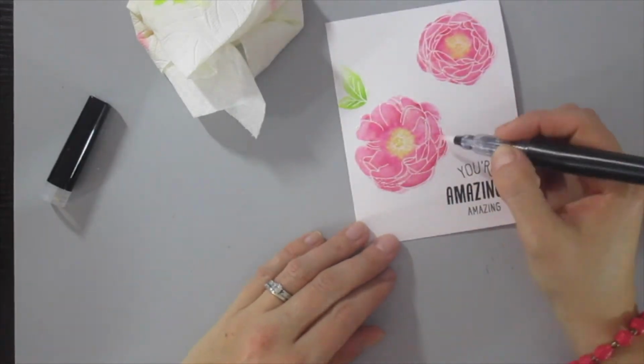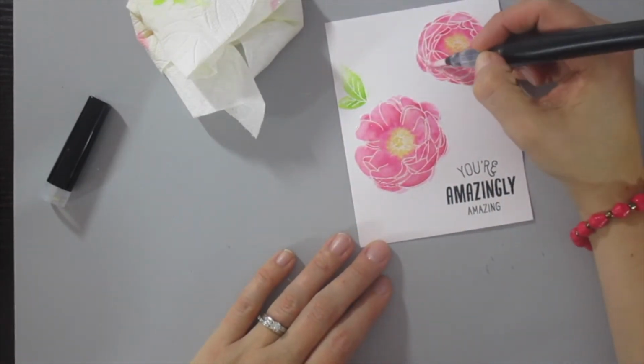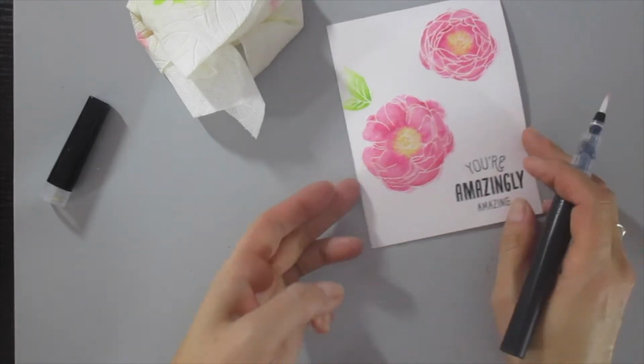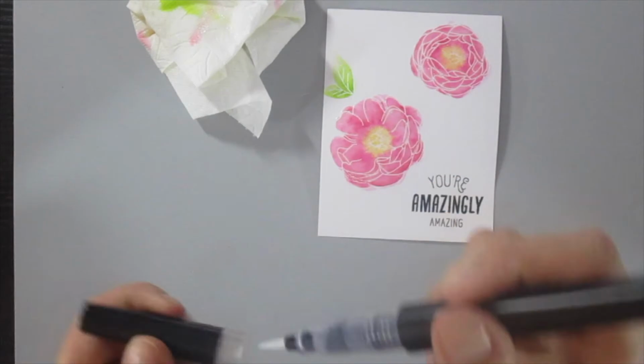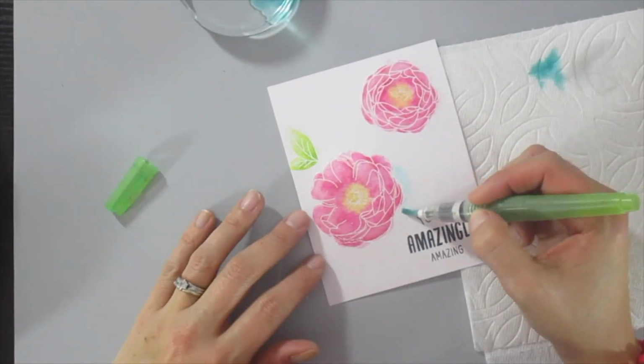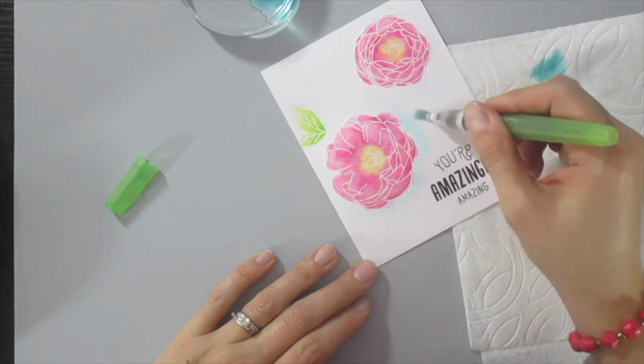So for this, I just added the sparkle to the top. I just figured that I didn't want to waste it, I guess. Sometimes I'm kind of frugal. So I used my water brush and then I added this on top. But you can definitely use this as a water brush or a paintbrush instead. So I did hit that with the heat gun just to make sure that it was 100% dry,